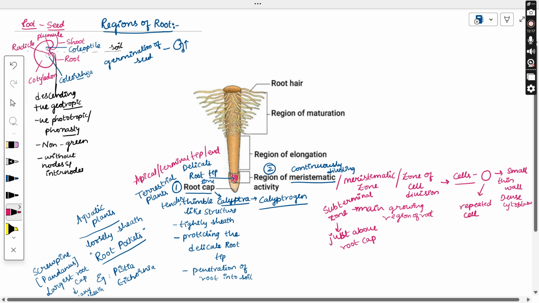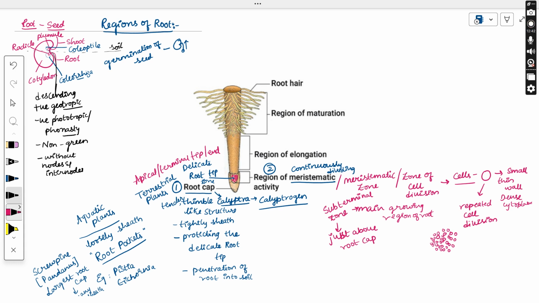Suppose one cell is there, that is dividing into two cells. Those two cells are dividing into four cells. Four cells dividing into eight cells. In the same way, all the cells are continuously dividing. That's why this region is called the zone of cell division. As the cells are meristematic type of cells, we also call it a region of meristematic activity or the meristematic zone. So the next zone we have is the region of elongation,